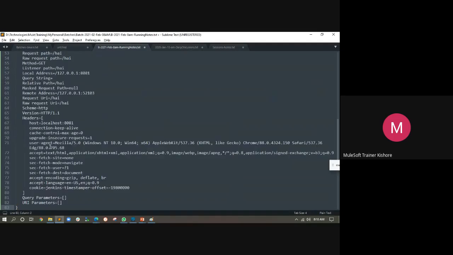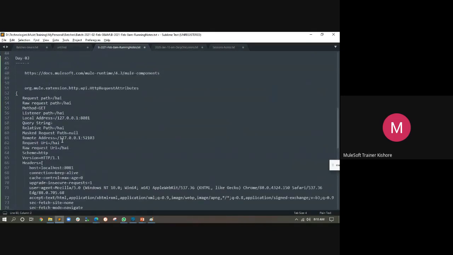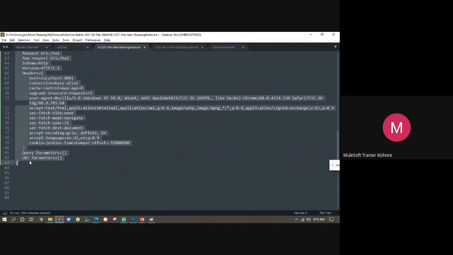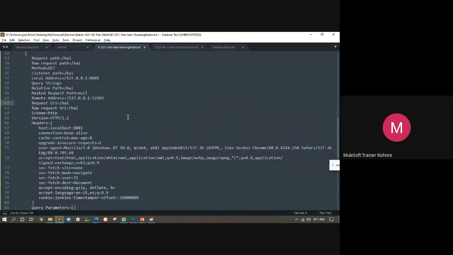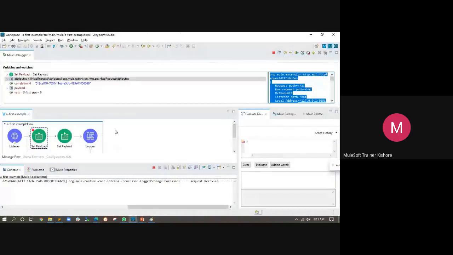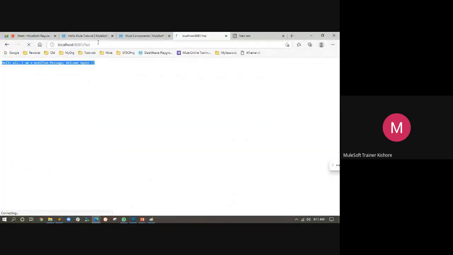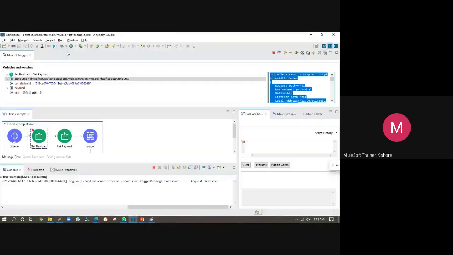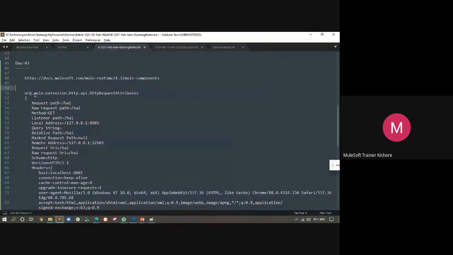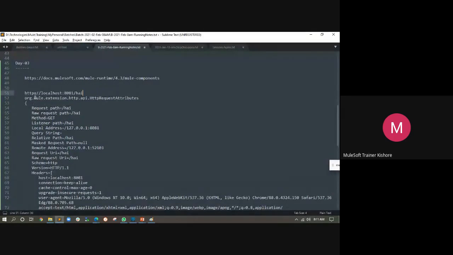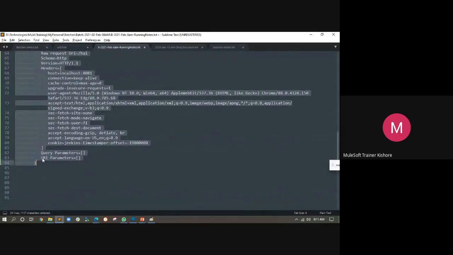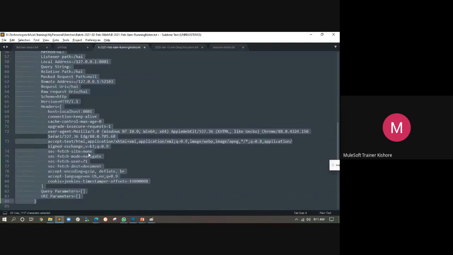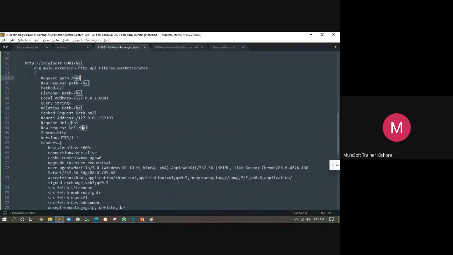Just copy paste it and try to understand. If you know these things, then it's fine. If you don't know these things, just read it once, and then try to compare it with your request. Is there anything corresponding to my request? I am sending this kind of request. In the attributes, I observed some big message. What is this message? So you can say, hi, is it part of your request?